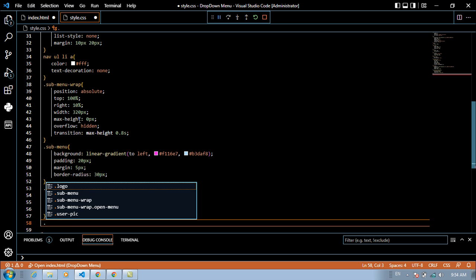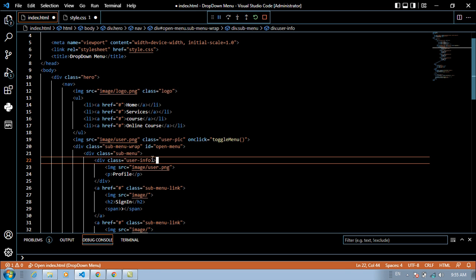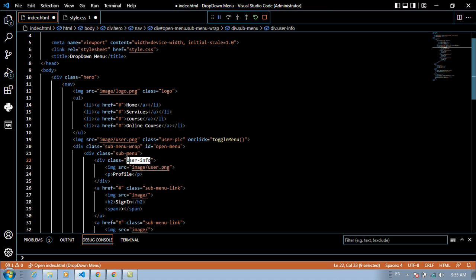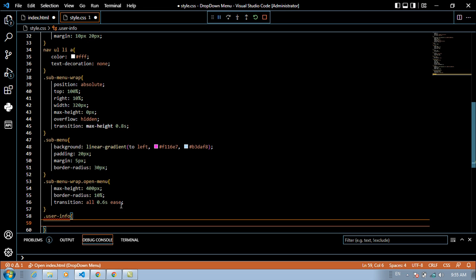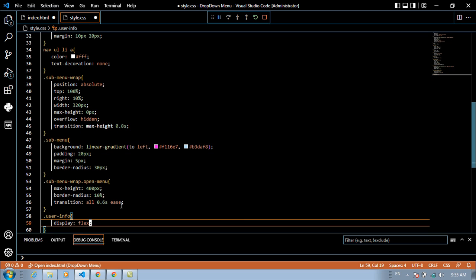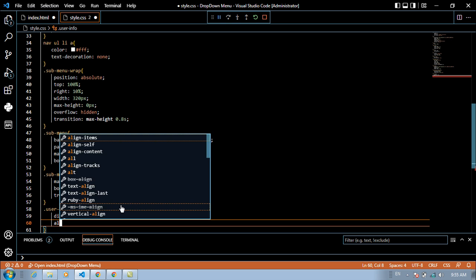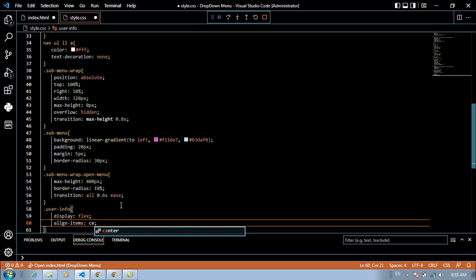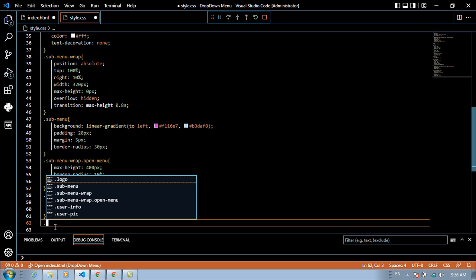We can dot user info. I've got inside the HTML file for this one. We can copy this user info and can paste, open the set for this one. Display should be flex and alignment time should be center for this one. So we can copy this one, user info dot control